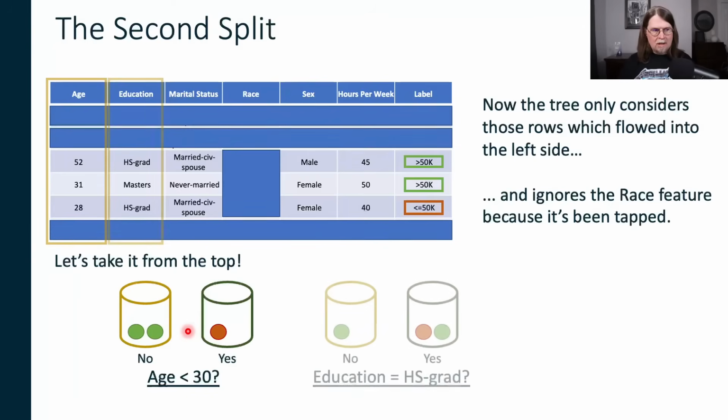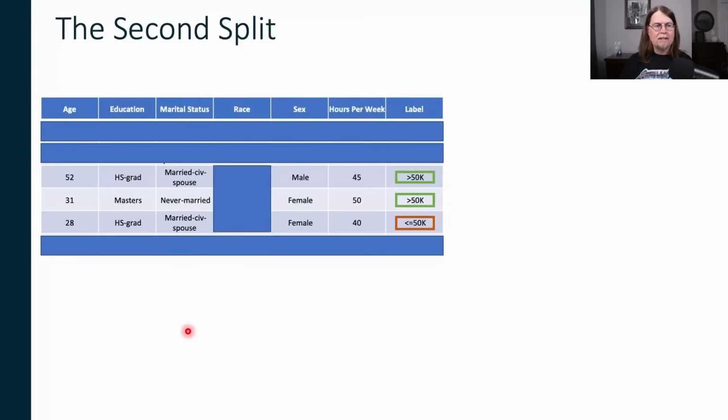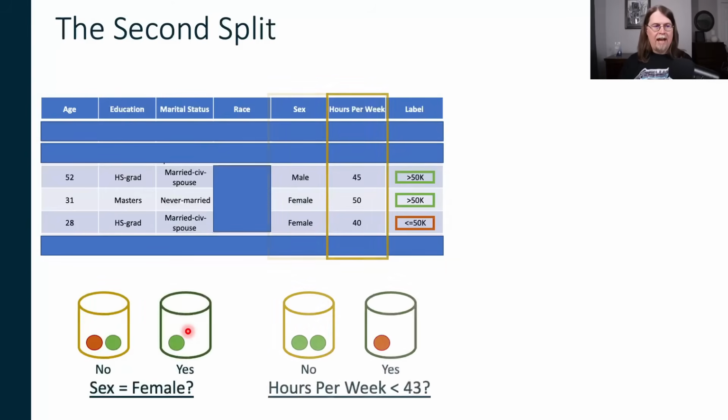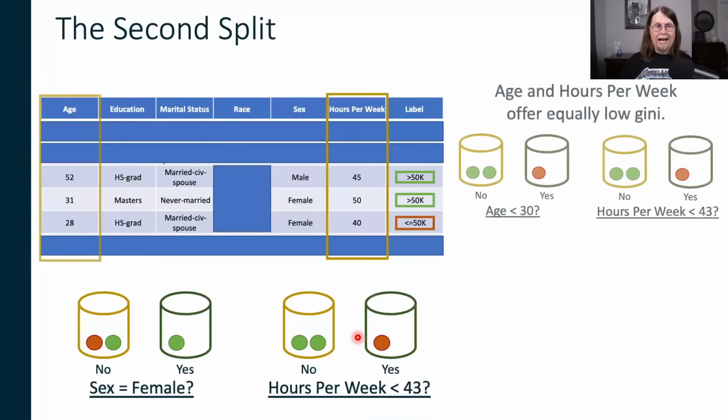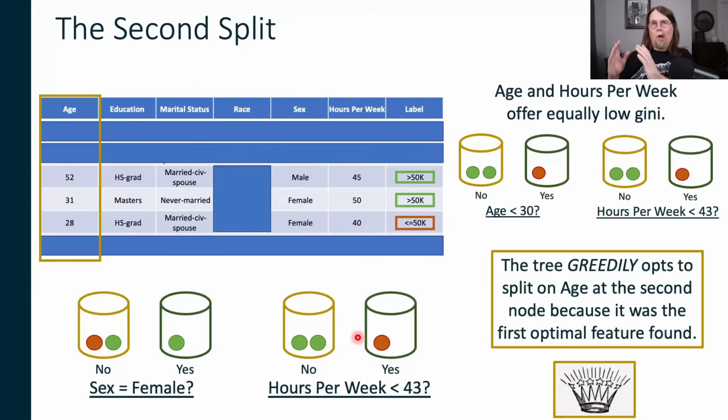But the algorithm doesn't stop. It looks at education. It looks at marital status. It looks at sex. It looks at hours per week. And hours per week looks really, really good here as well. So the algorithm says, look, I got a tie here. Age less than 30 based on the binning process is really, really good. And hours per week less than 43 is also very, very good based on the binning process. So once again, the CART algorithm by default greedily picks the age feature and says, look, that's the one that